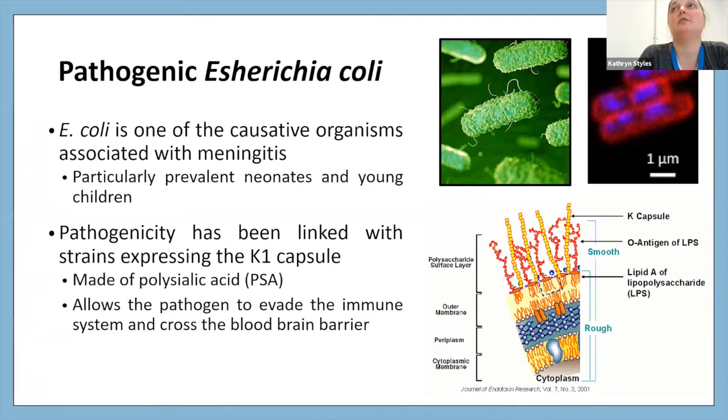So that's something made of polysialic acid. And that's something that allows the pathogen to evade the immune system due to similarities in structure to things that are found in the human. And it also allows it to cross the blood-brain barrier. So to target this, we're particularly interested in